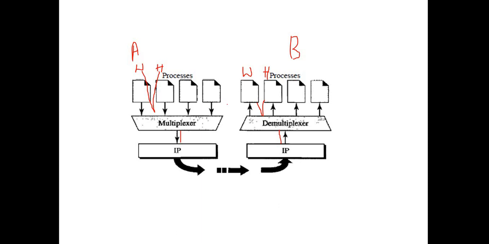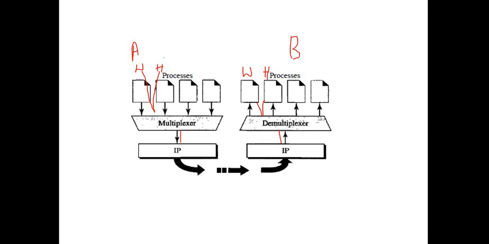So what is the actual basis of multiplexing? In the transport layer, these are the different processes, and what the multiplexer will do, as we know, is many to one. These processes will be clubbed, and all the processes are using the same common network address, nothing but the IP address. The network address will be common. So both the hosts are clubbed by this IP address, the same thing will be sent here, and the demultiplexing will take place.